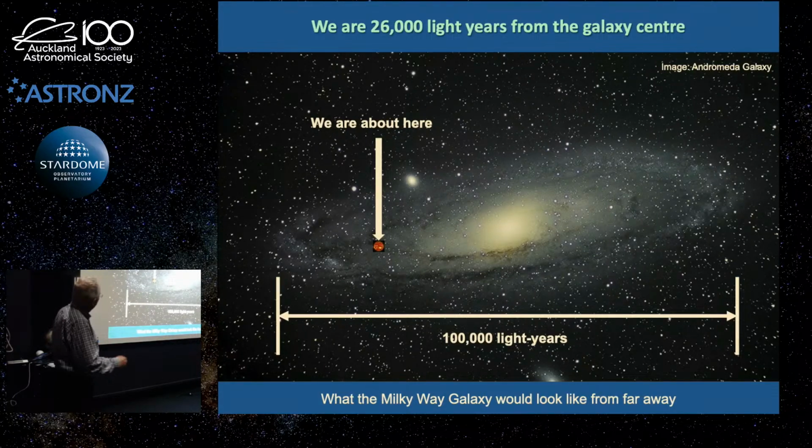So the Milky Way in size, here's your nice big disc-shaped galaxy. From here to here, you're talking about 100,000 light years. And here we were thinking, wow, the solar system has just moved out to a span of 2 light years. The Milky Way galaxy spans 100,000 light years. Remember, 1 light year is about 10 trillion kilometres, and this is 100,000 across. From the centre, we're about 26,000 light years out. So very roughly about halfway out. So that's us in the Milky Way galaxy.